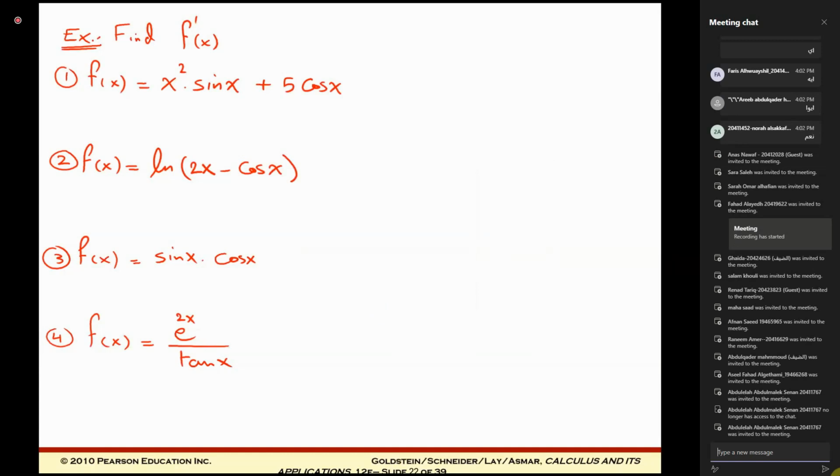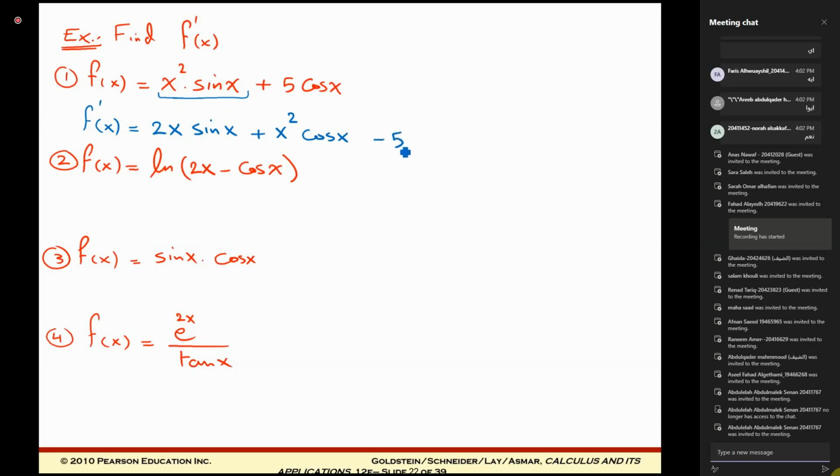The first derivative here, look at x square multiply sine. This one is the product. So the product rule equals the derivative of the first, 2x, multiplied by the second, plus the first, x square, multiplied by the derivative of the second. The derivative of sine is cosine of x,